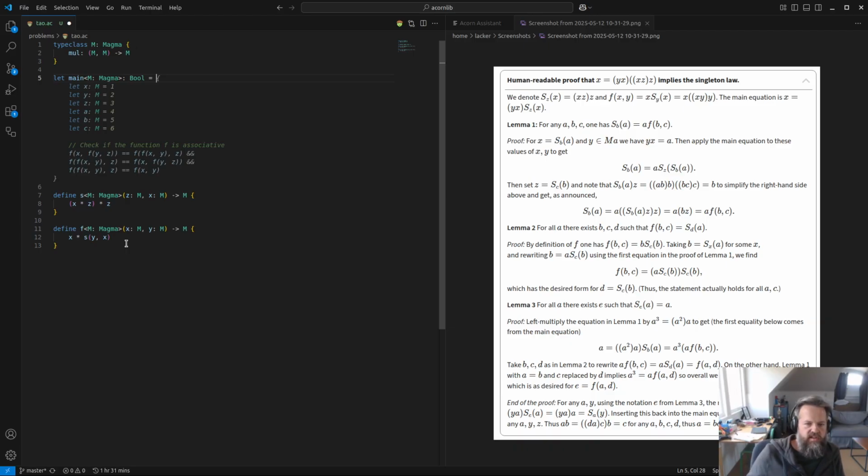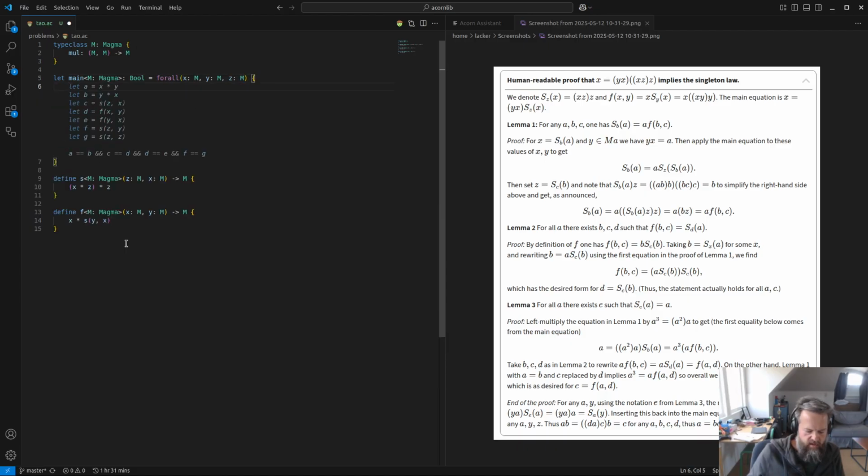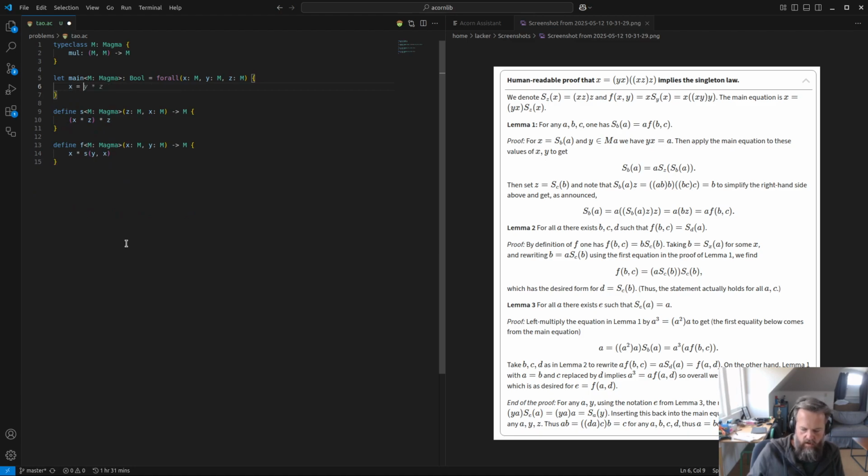All right, so the main condition is that for all x, y, z, we have x is equal to y operation x, and then operation, and then I want to put this first, but we haven't defined s yet up here, so I think it should just work for doing this. All right, so does this look right? What the theorem prover can't do for you is prove that you actually copied an equation over from the proof correctly. X equals